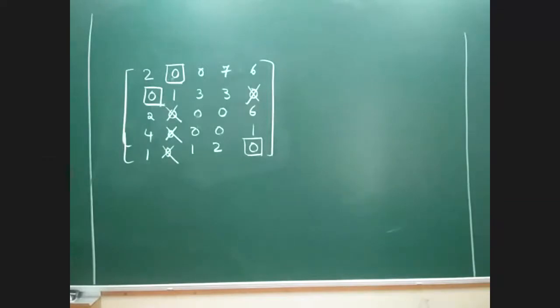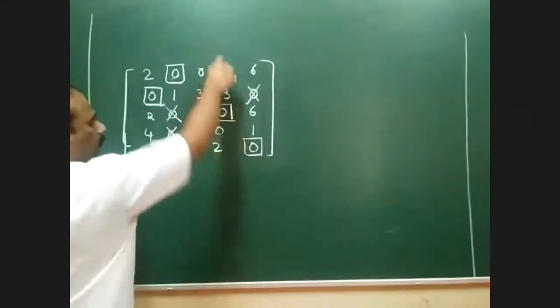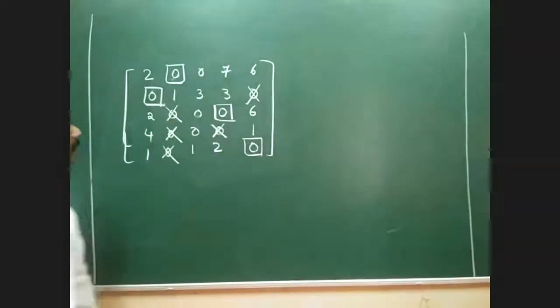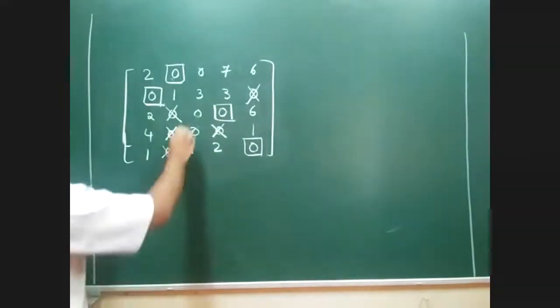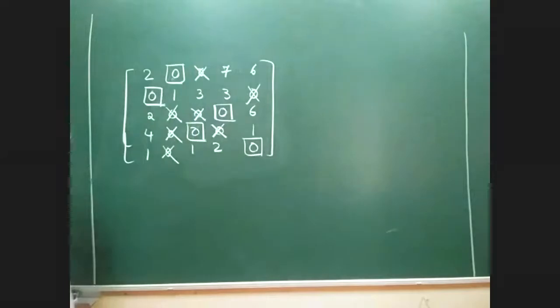Out of this third and fourth row, which particular 0 has to be assigned? Either of them can be allocated, because alternate solutions come. I'll be selecting this. If I'm selecting this, then obviously that particular column is blocked. Then you can see the single 0 is here. If I'm taking the single 0 here, then all the values of that particular column are blocked.